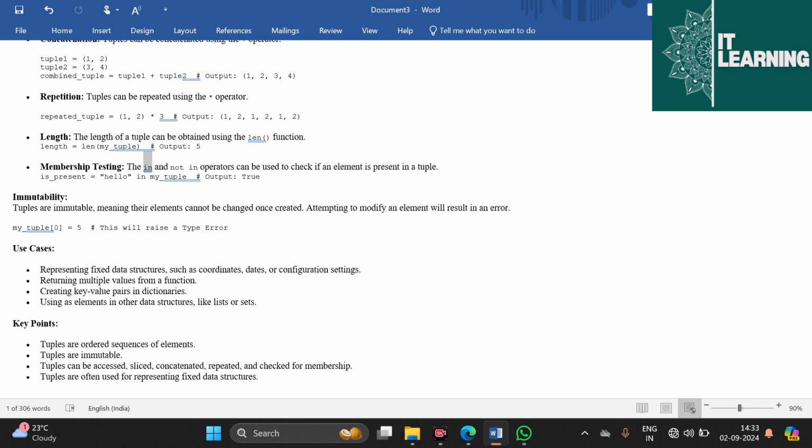Membership testing. The in and not in operators can be used to check if an element is present in a tuple. is_present = "hello" in my_tuple # output: True. Immutability. Tuples are immutable, meaning their elements cannot be changed once created. Attempting to modify an element will result in an error. my_tuple[0] = 5 # this will raise a TypeError